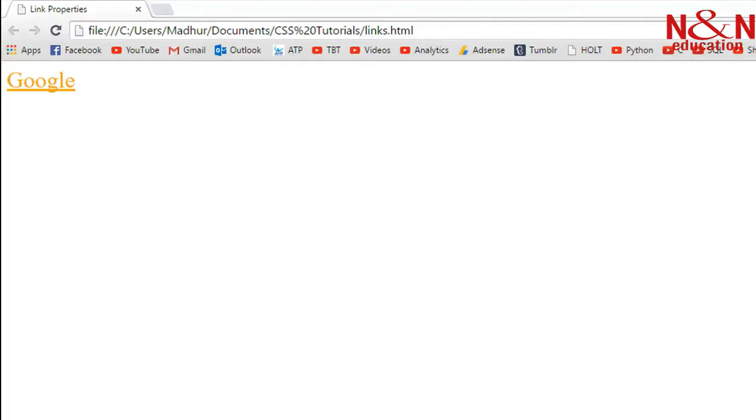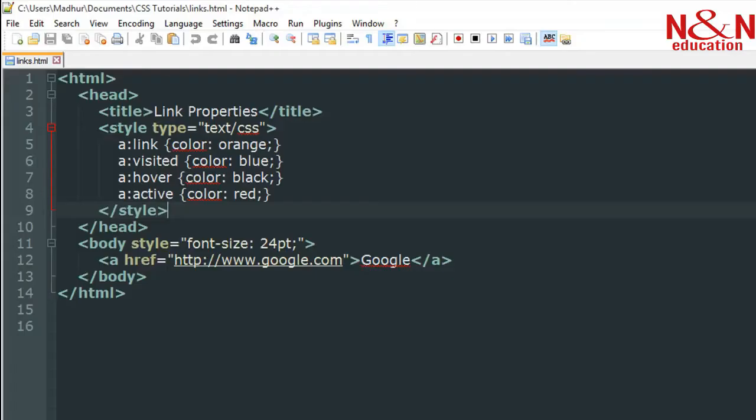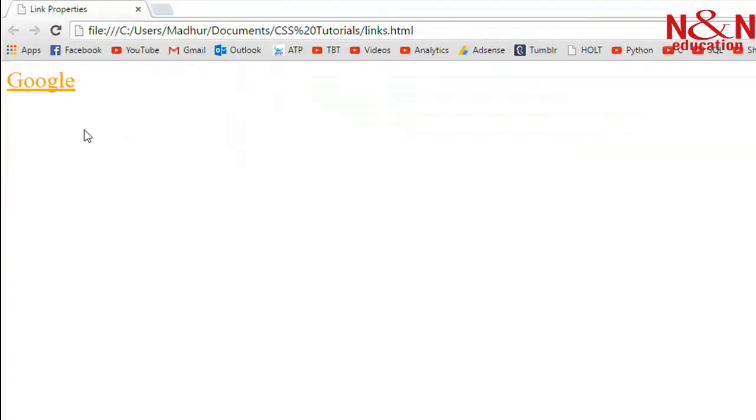or rather this link. So in the file, you can see that I have A, which stands for anchor, so we are applying the properties to the anchor element, and then we are using the property link, right? So I'm changing the color of the link to orange, and that's why you can see that the link appears